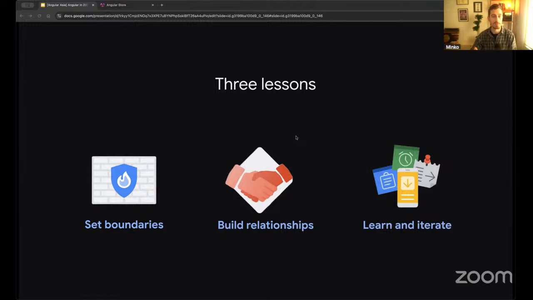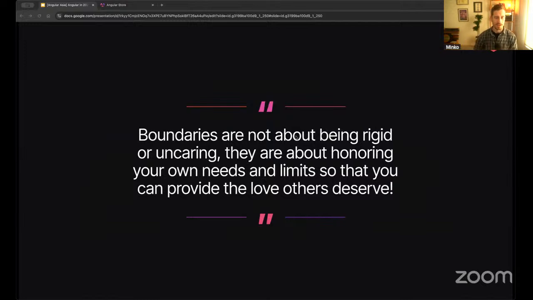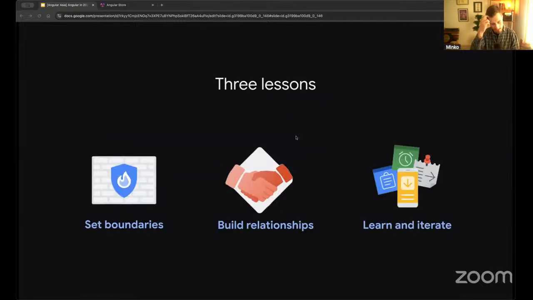These were very important in the development of Angular and also myself. So, setting boundaries. Let's start with this one because that was the one that I found to be the least intuitive. I was originally thinking, when we talk about boundaries, of just setting borders between Angular and its developers, people using it, or setting boundaries between me and the people I love, which doesn't necessarily